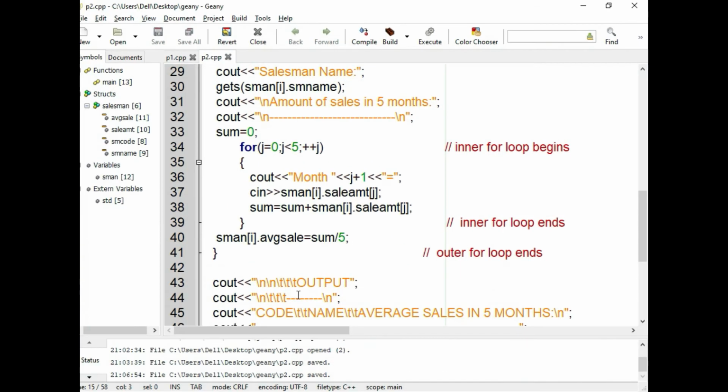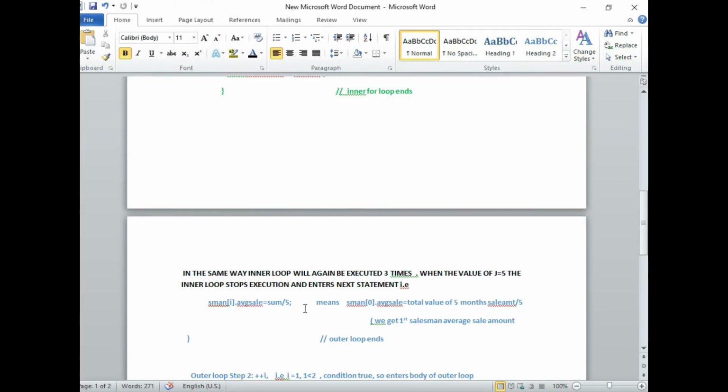This is the inner loop. The next statement that follows the inner loop is Sman of i dot average sale is equal to sum divided by 5. That means Sman of 0 dot average sale is used to denote the average sale, that is equal to sum divided by 5.